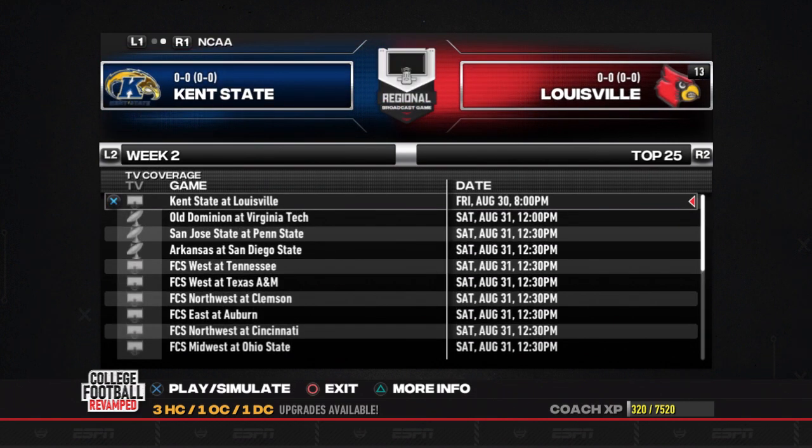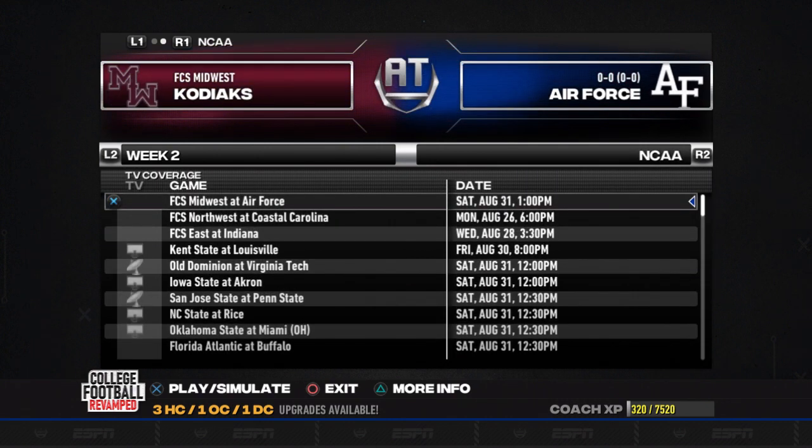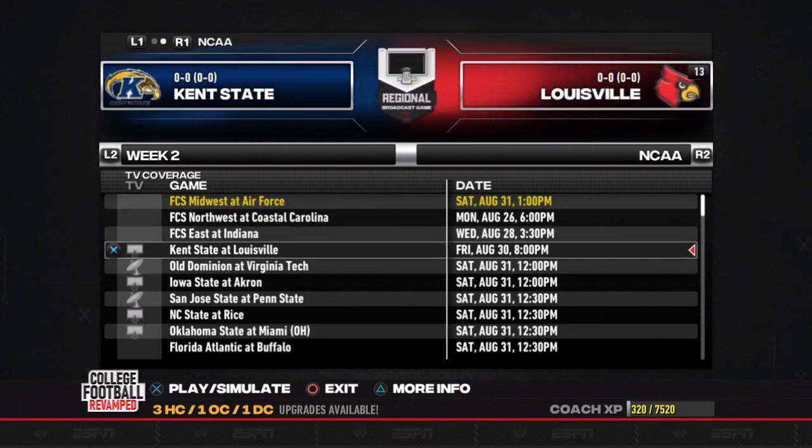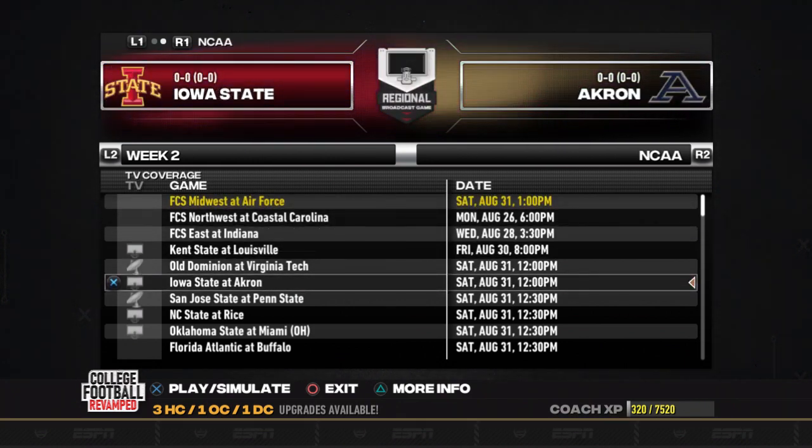So we'll go to week 2. Like I said, we advanced to week 2 like we should, and that leads us to week 2 where we were. Everybody's ready to go now. So here's the full week 2 schedule. I'm going to scroll down so everybody can see who plays.